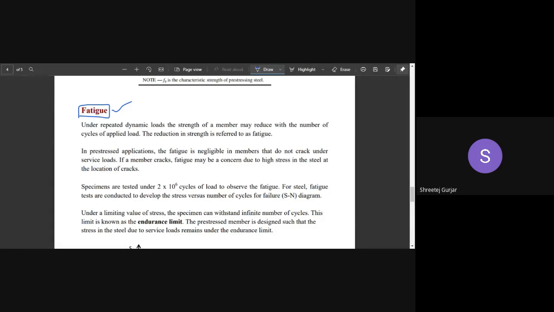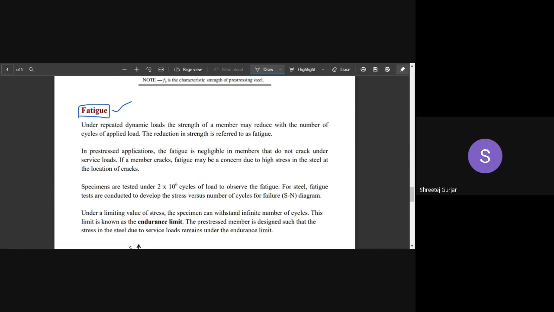But that is not the case. Reversal of stresses occurs in our pre-stress members, in our pre-stress steel. So we have to study this fatigue in our pre-stressing steel. This property is important in our pre-stressing concrete members. Under repeated dynamic load, which you have studied under SOM,